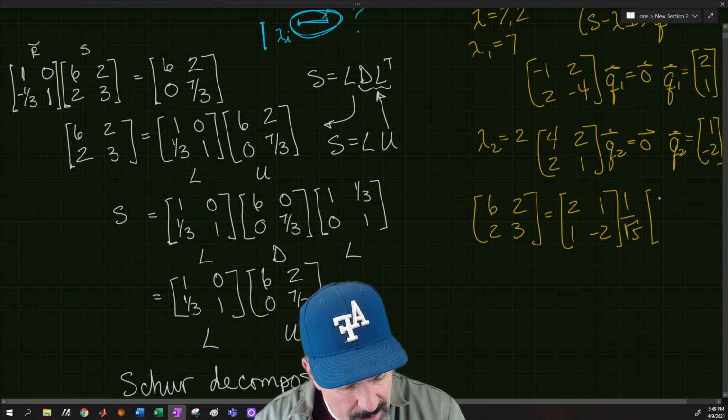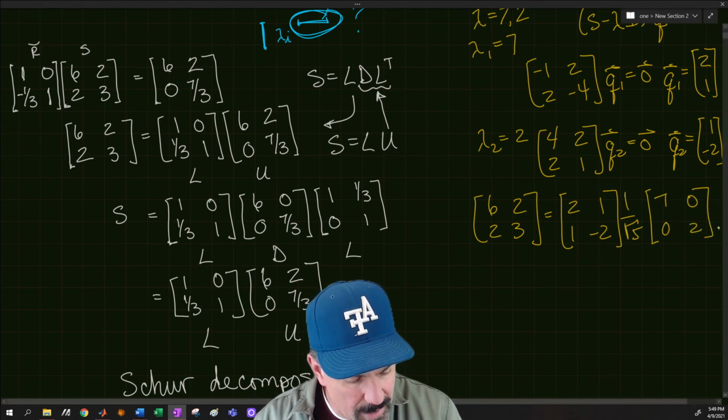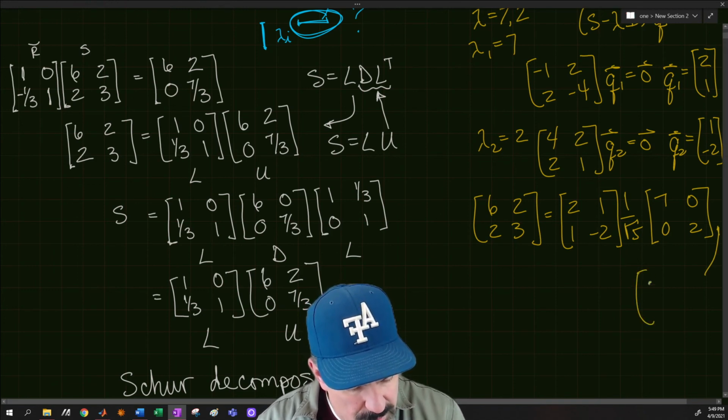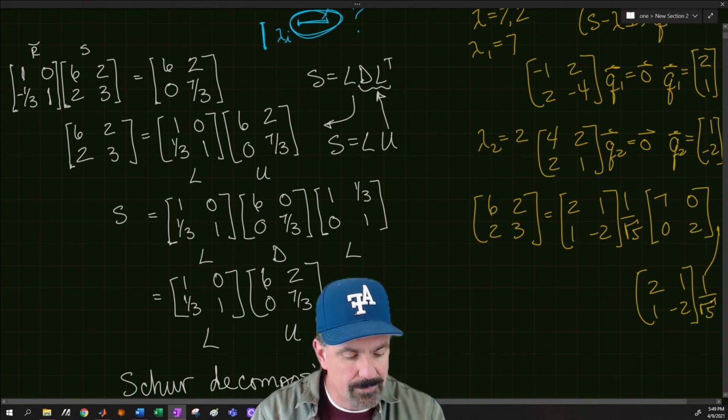And then we have a 7, 0, 0, 2. And then I'm going to multiply by Q transpose. And Q transpose is going to be a 2, 1, 1, negative 2. And again, 1 over the square root of 5. So